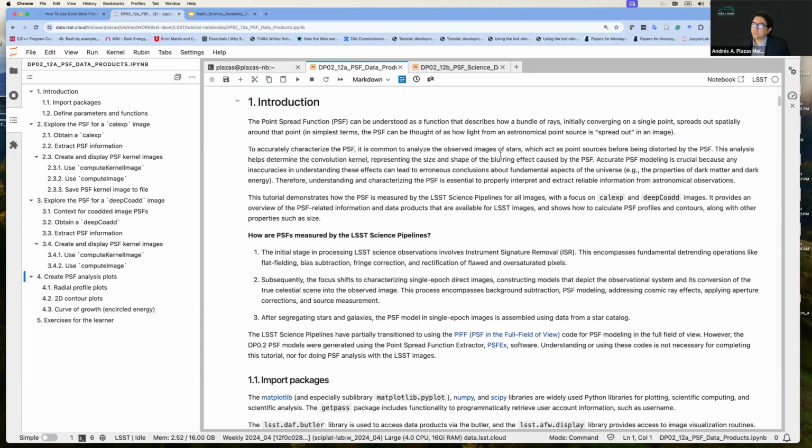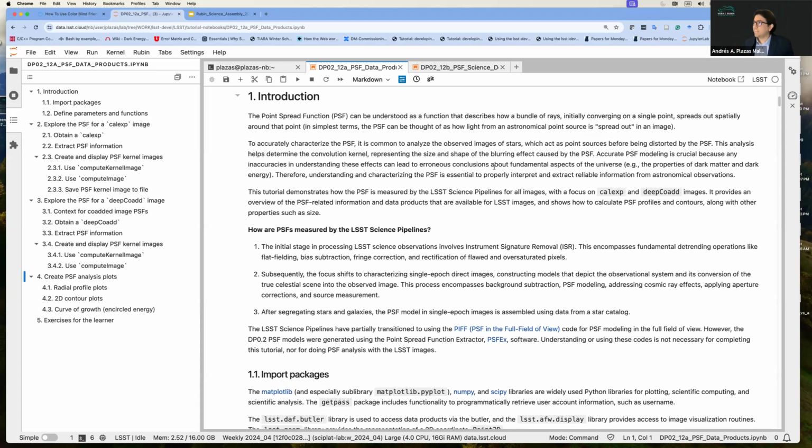So basically, to start, we can understand the point spread function in simple terms as how the light from an astronomical point source, or in general any point source, is spread out in an image. So that's basically it. In astronomy, stars are so far away that they're basically point sources. And if we had a perfect detector, whatever that means, we would see a point source in our detector, but we don't see that. We see a little blob. We see how the light from that point source spreads,